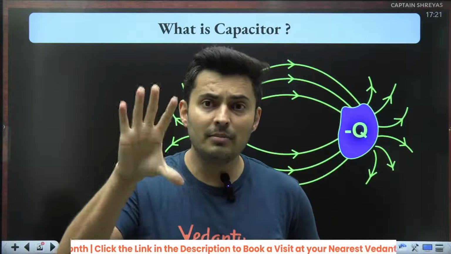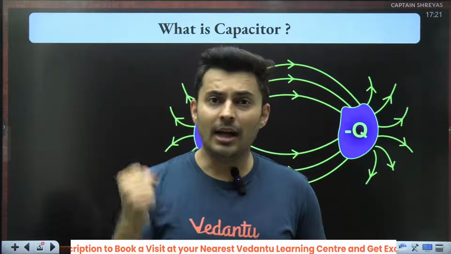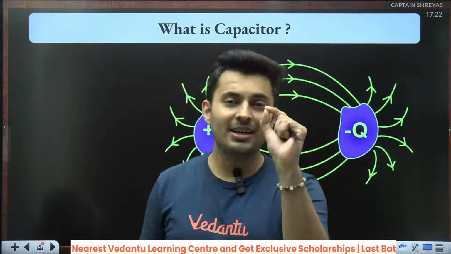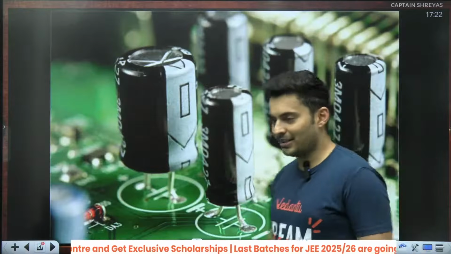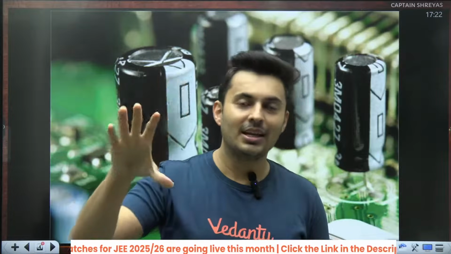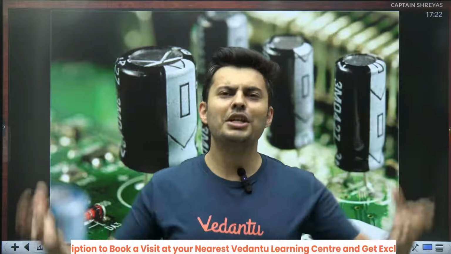When that sudden burst of light comes, a lot of energy is used, and that energy can't be provided by the battery. So it gets stored in a small device like this one over here, called a capacitor. It stores the energy. The moment you turn on the flash, it gives that sudden burst and all the energy gets dissipated in a fraction of a second. So if you try to click the next photograph immediately, it's going to take some time before the capacitor charges up again.